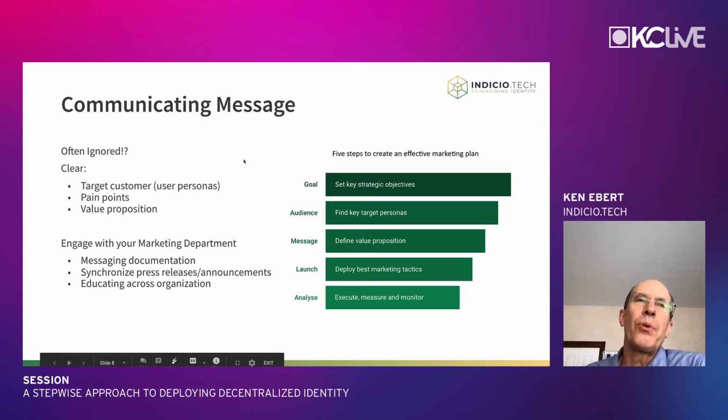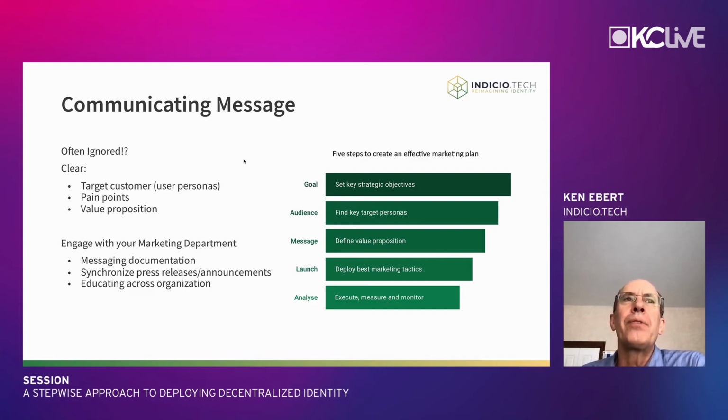Once you have your story put together, you need to communicate your message. You have two audiences to deal with. You have the internal part of your company, in order to get the project approved, and you have the external customers. We often ignore this in a technology development organization, but this is a crucial part to getting your message out. We need a clear, targeted set of people that we're trying to communicate to, and identifying their pain points and the new value proposition for addressing those pain points will help the message resonate with the audience.